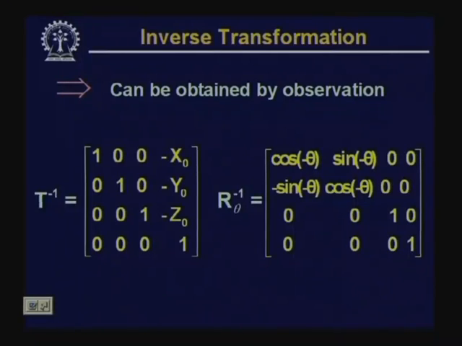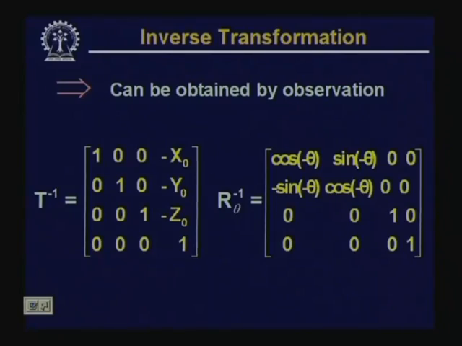Now, once we get these transformations, again we can get the corresponding inverse transformations. The inverse transformations in most cases can be obtained just by observation. Say, for example, if I translate a point by a displacement vector v, then the inverse transformation should bring that transformed point back to its original position. So, if my translation is by a vector v, the inverse translation should be by a